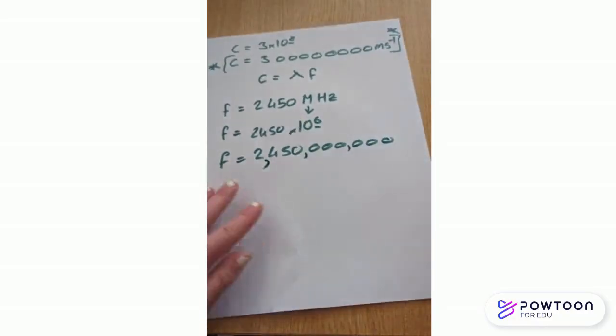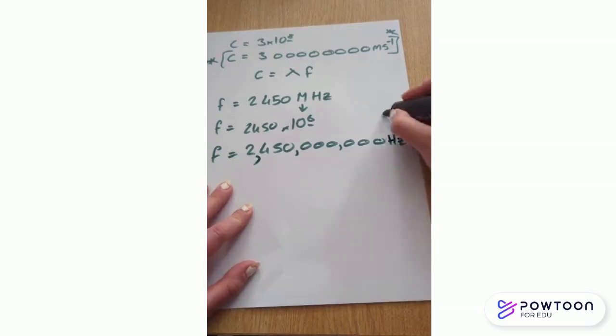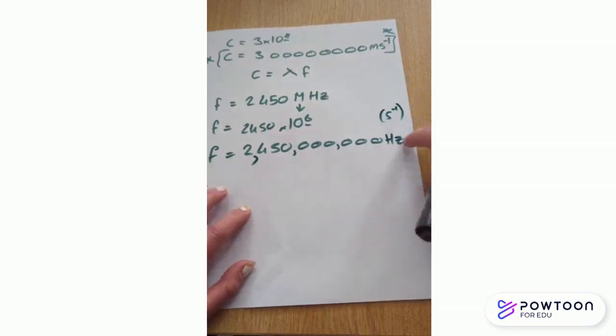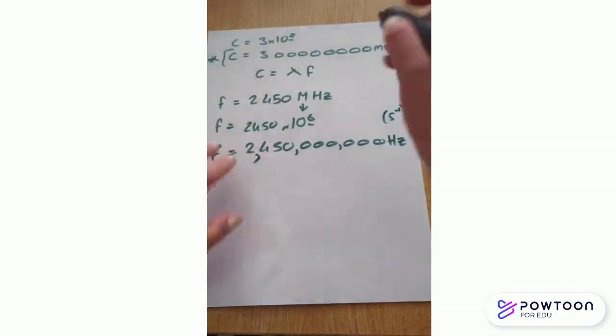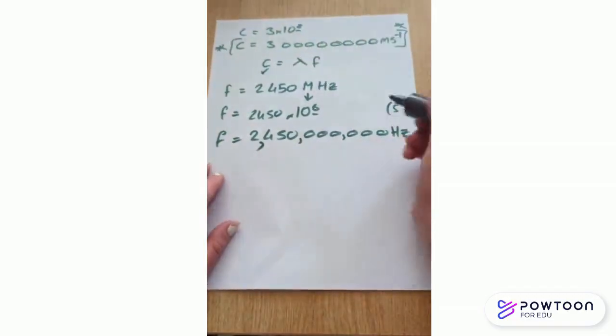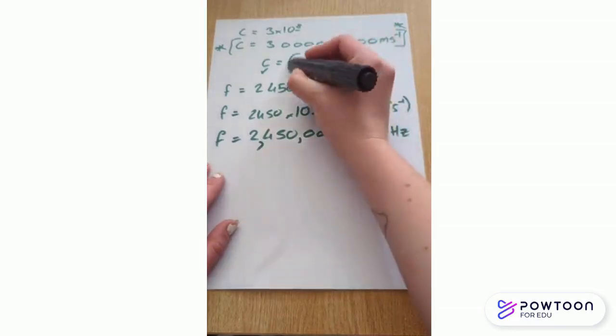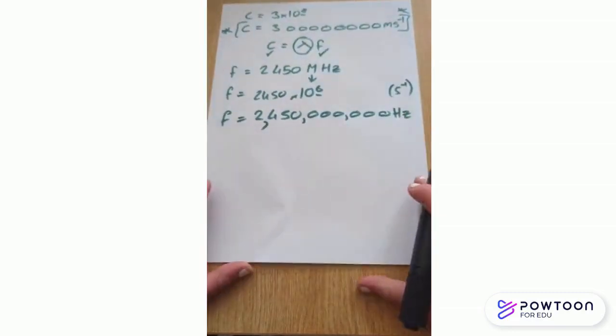So that's a very big number, and this is hertz, which is per second. So this is now in the correct unit, which is all we need. Now we want to find out what lambda is. We have C, well, we know what C is, and we have F, so we just need to find lambda. And lambda is going to be